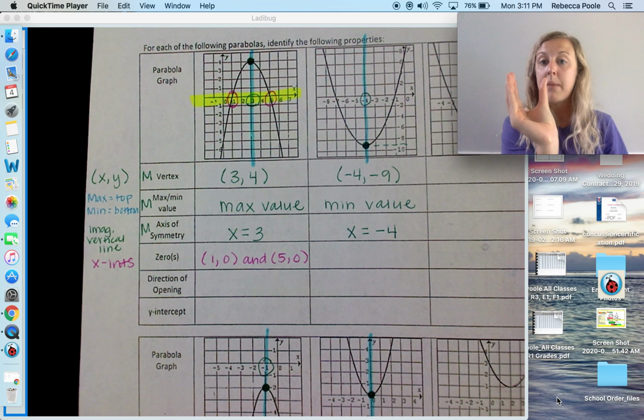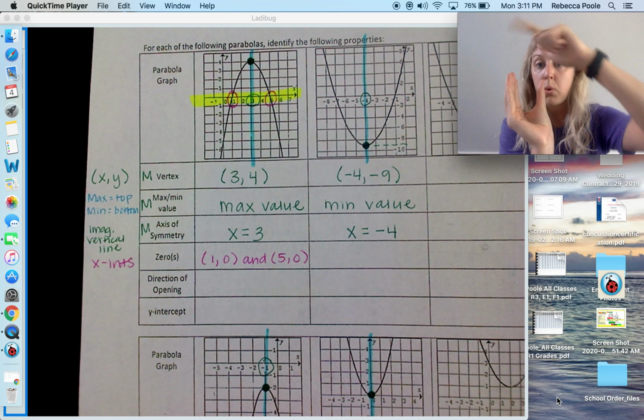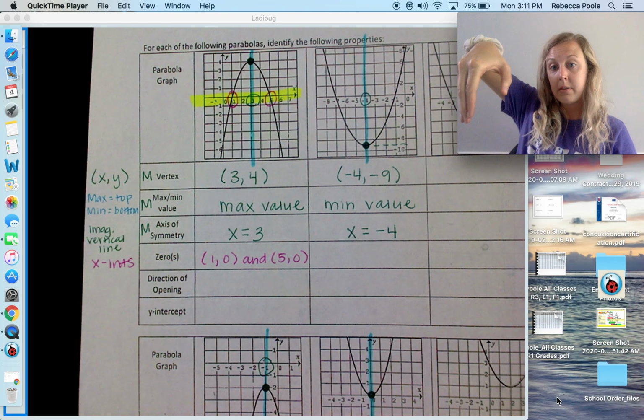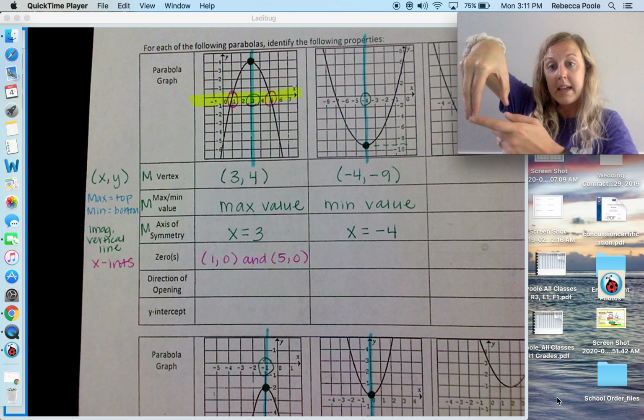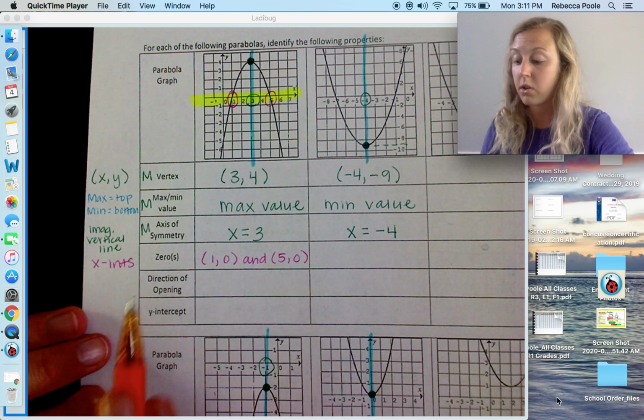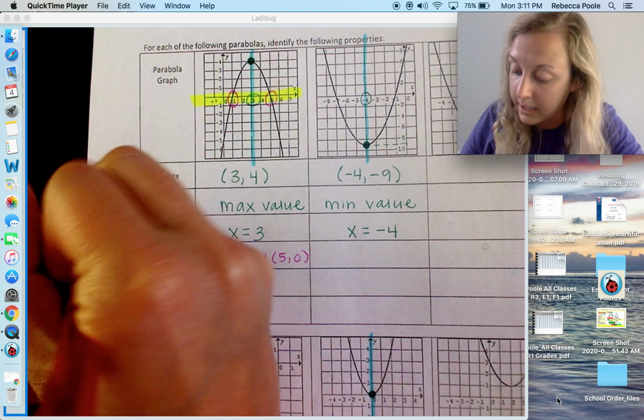So if this is my parabola, the ends are pointing up. If this is my parabola, let me get it where y'all can see it, then the ends are pointing down. That's what the direction of opening means, okay? So direction of opening,